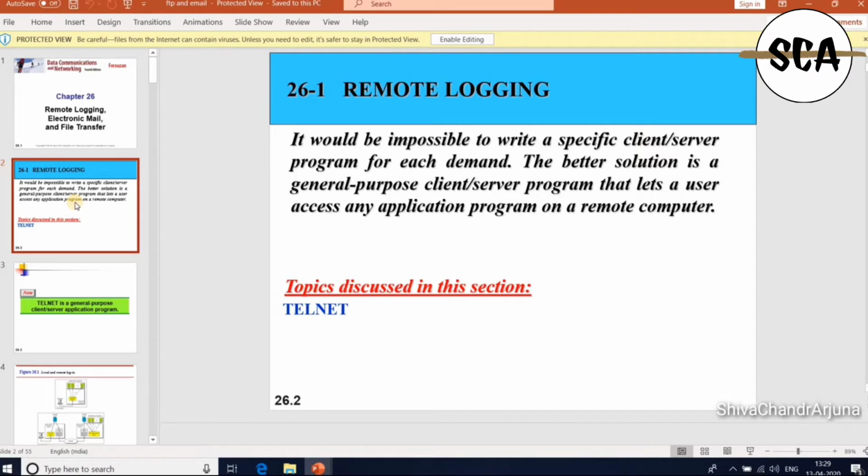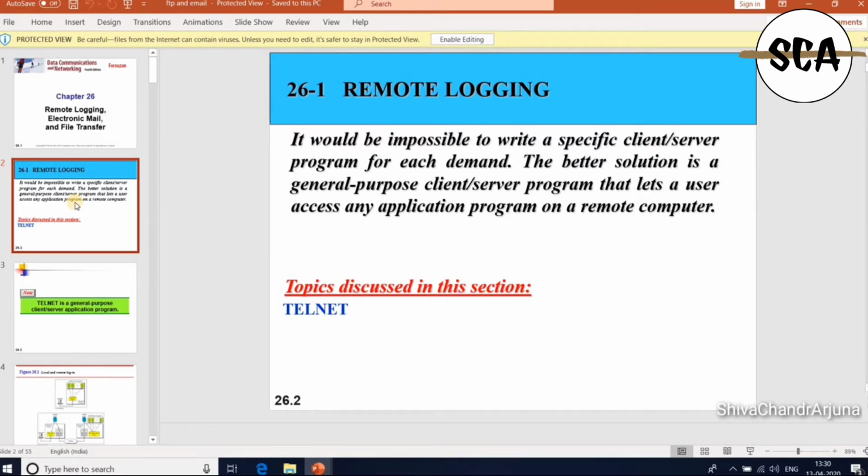What is remote login? In the internet, users may want to run some application programs at a remote site and create results that can be transferred to their local sites here. For example, students want to connect to university labs from their home to access application programs for doing homework, assignments, projects, etc.